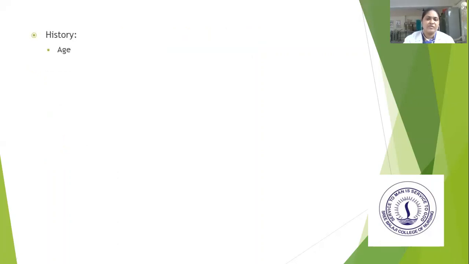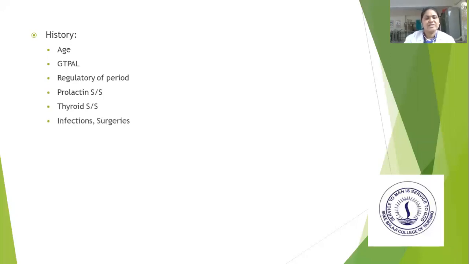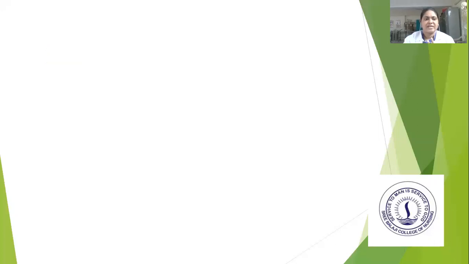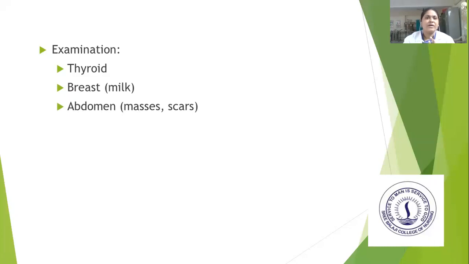History collection: we have to see the age, GPPL, regularity of periods, prolactin signs and symptoms, thyroid signs and symptoms, infection, surgery, medication, smoking, ethanol, medical history, previous investigations, etc. And what examinations can be done for this infertility? Thyroid tests, because we need to find whether the patient has normal thyroid secretions, whether the patient has irregular periods because of thyroid problems,